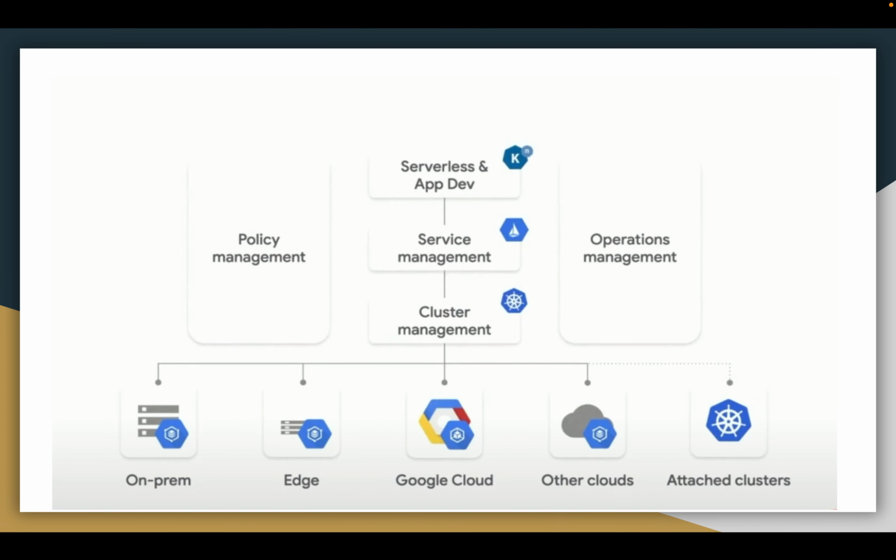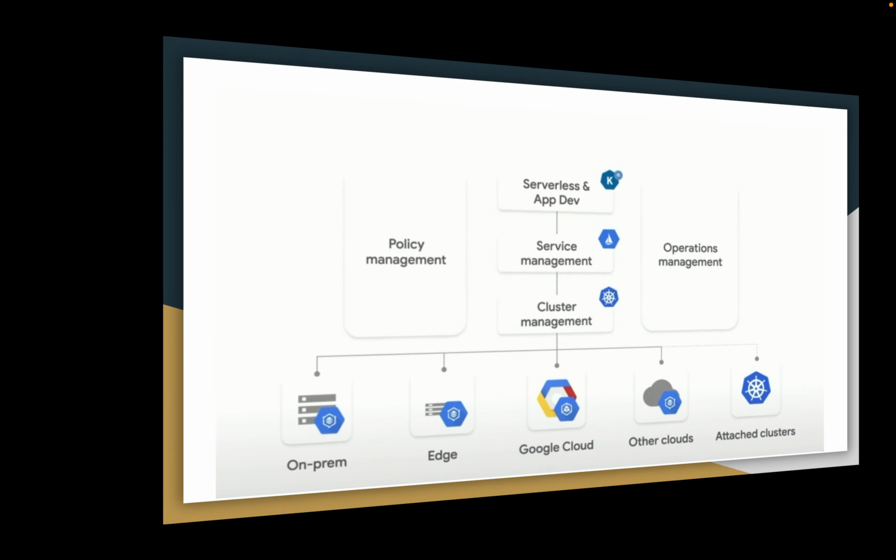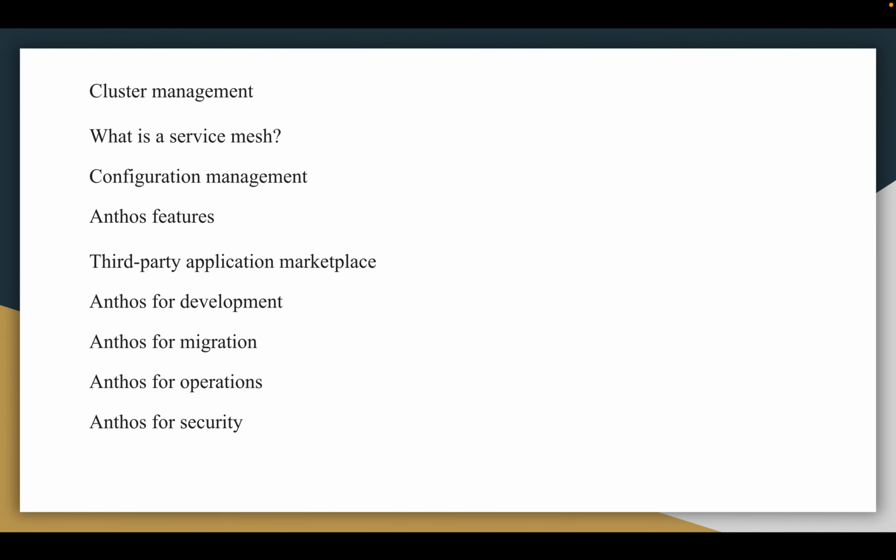Anthos for development. For the developer, Anthos provides a state of the art container management platform based on Kubernetes. Developers can use this platform to quickly and easily build and deploy existing container-based applications and microservices-based architecture. Next is Anthos for migration. For migration, Anthos includes Migrate for Anthos and GKE, which allows us to orchestrate migrations using Kubernetes in Anthos.